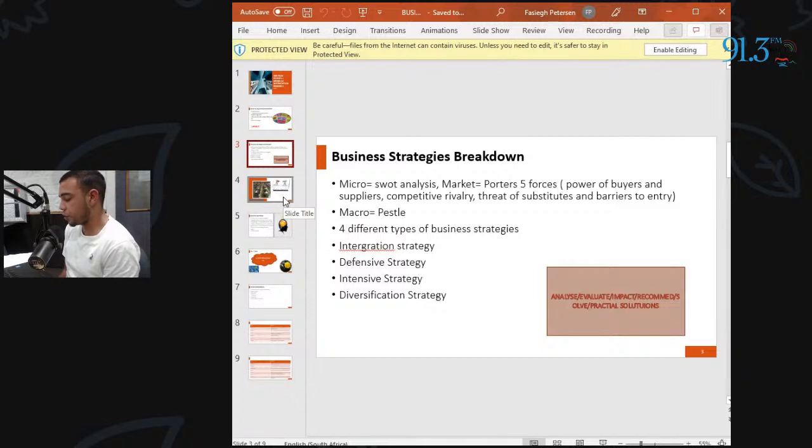The defensive strategy is also broken down into 3: divestiture or disinvestment, retrenchment, and liquidation. Our intensive strategy is market penetration, market development and product development. Our last one, the diversification strategy, is concentric strategy, horizontal strategy and conglomerate. We now move on to the next slide,